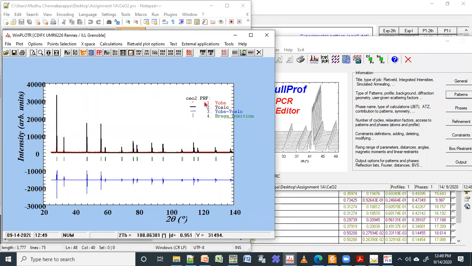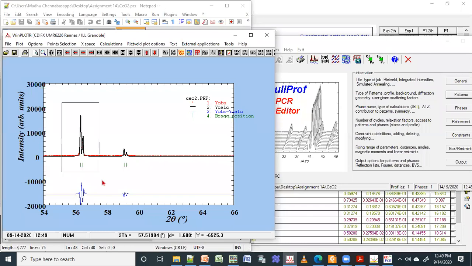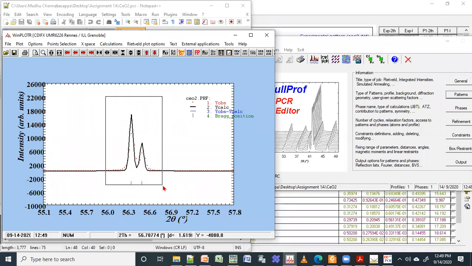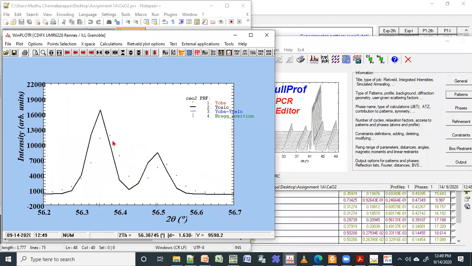This is your fitted FullProf profile. Now you can zoom it very well. You can see the calculated peak is around 56.34, but the actual peak is slightly to the right, maybe 56.36, something like that.